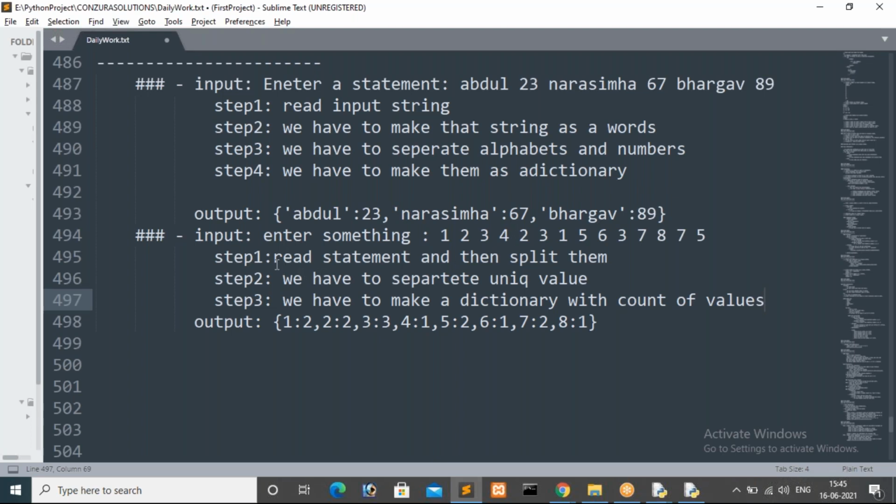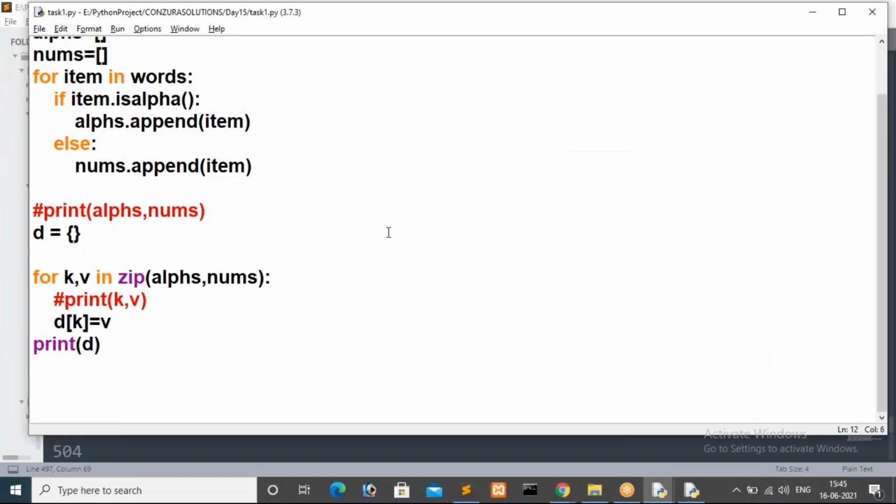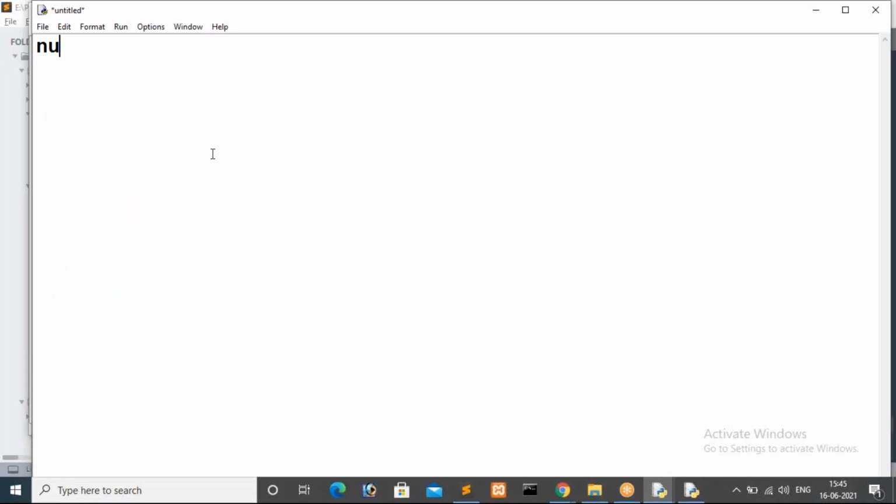So first, we have to read a statement and then split it. We have to read that entire sentence, then split it. For that case, I'm going to take a new file. So here, nums we are getting, right? For that, input. Here I'm going to show a message, that is, enter a statement. Enter a statement. Then after reading that,